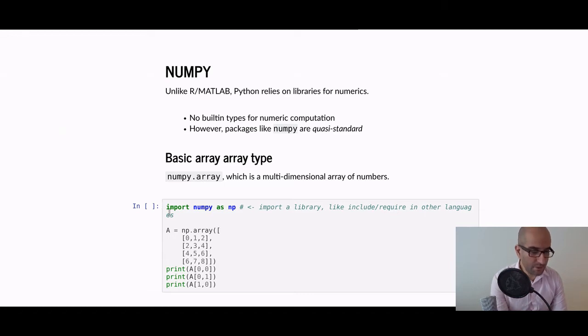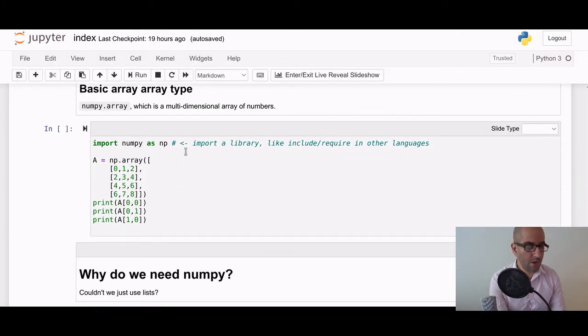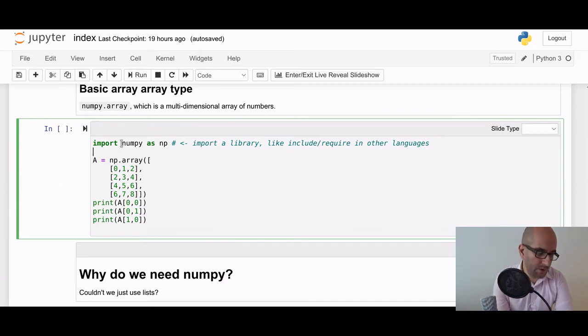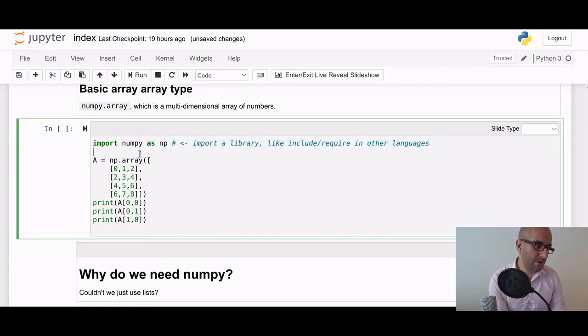All right, but as I said, it's not built in. So the first thing we need to do is we need to import this library. So here, let's switch to the code. So the syntax is import numpy as np. This as np bit is actually not optional, but it's very, very standard to use this np abbreviation. And so we import numpy, and import is like include or require, or the other languages use similar